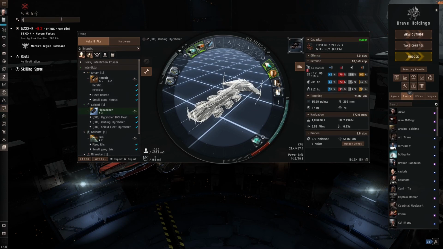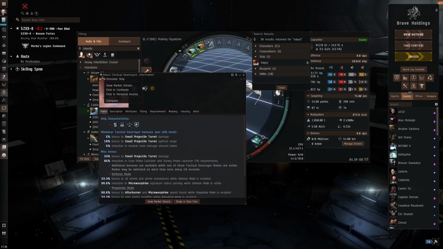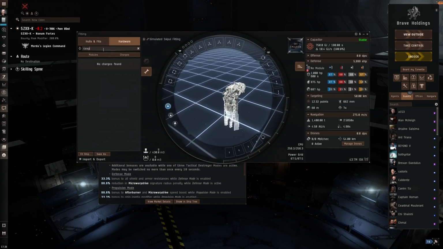If we look at something like Swiffle, which is a Tech 3 destroyer, we'll see that actually on its traits here, it has a 95% reduction in CPU requirements for probe launchers. So that includes our combat scanner launcher, which means if I simulate this ship really quick and we slap on an expanded probe launcher,